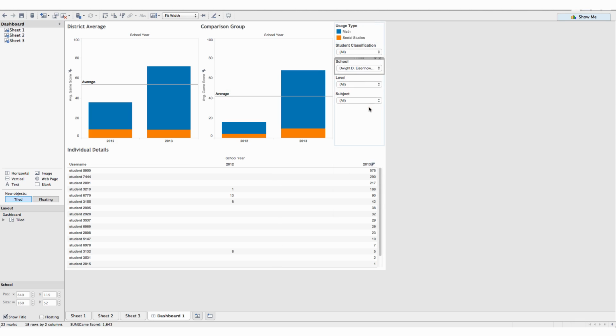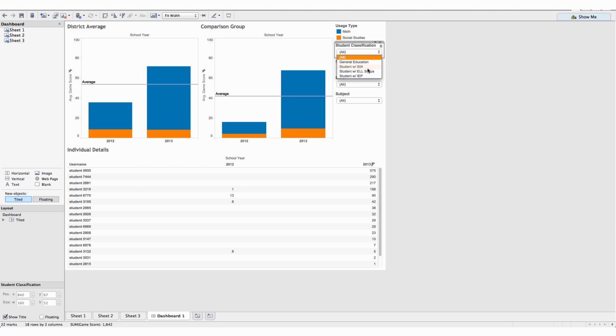I might also be interested in knowing that Dwight D. Eisenhower Elementary School, for some reason, sagged below the district average on these games. I might want to compare these data with multiple measures, perhaps demographic information, state test results, interim benchmark results, and things of that nature to learn more about what might be happening at Dwight D. Eisenhower Elementary. But from this data source, I can actually disaggregate further down and we can check something that we